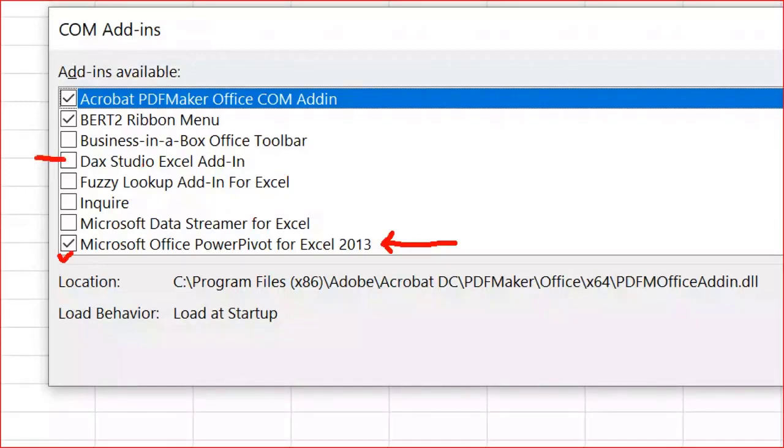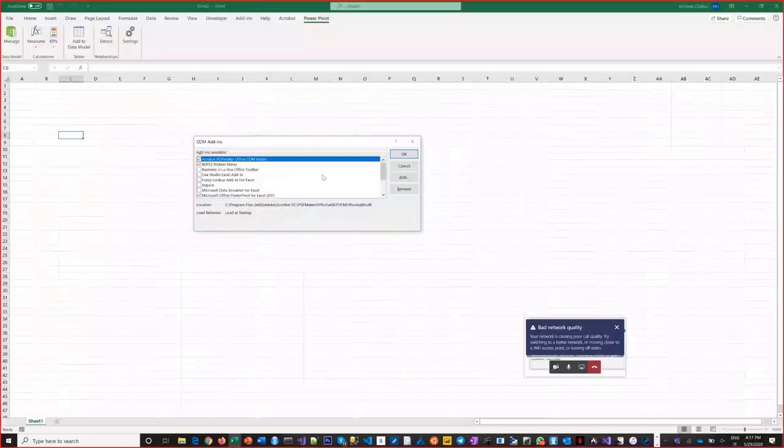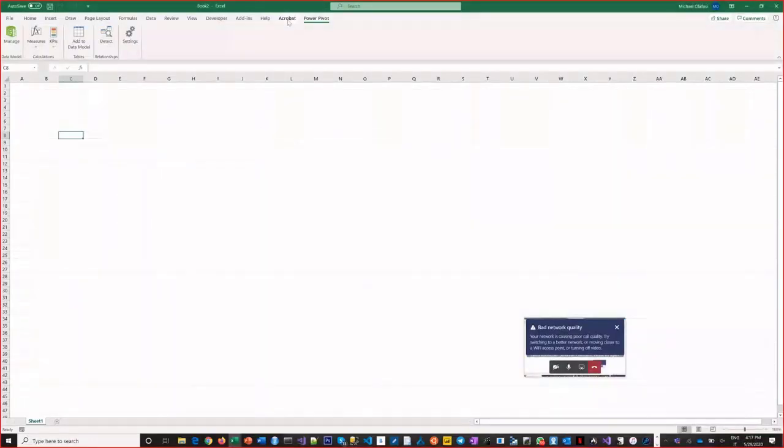I need this for the Power BI session I'm going to do after this. So I'm going to also enable that Dark Studio because I need it. You don't have it until you install Dark Studio. All right, so once you do that, you will have PowerPivot, and you click on Manage,